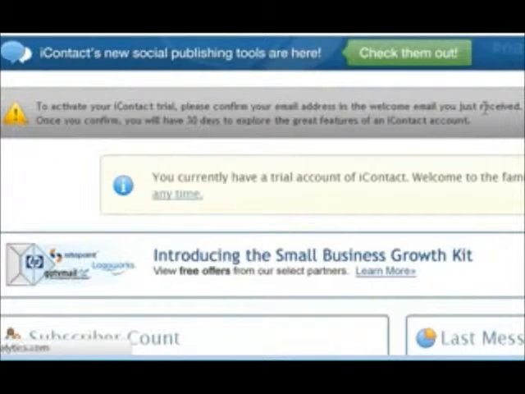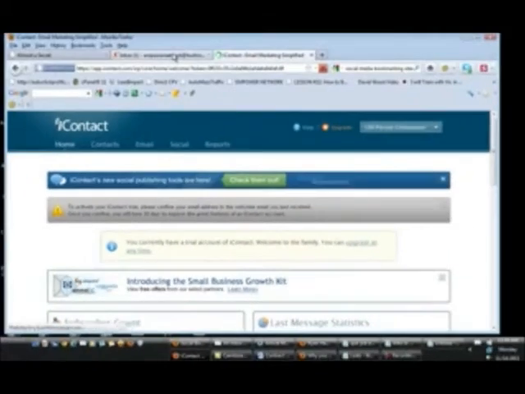This takes a second. Sometimes the site will take a little bit, but now it says here to activate your account you got to go to your email and stuff like that. So now go back to this tab, which was Hushmail. Click on inbox, and now it basically is refreshing your inbox. There's our email. We're going to click on that,